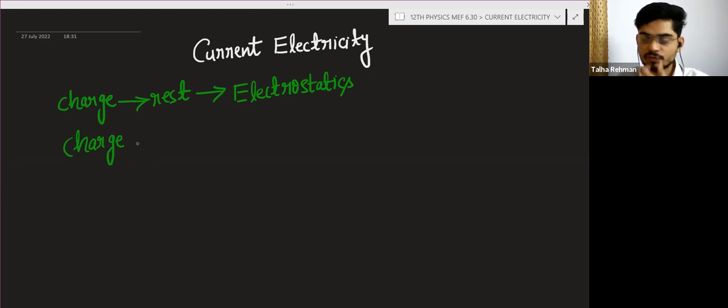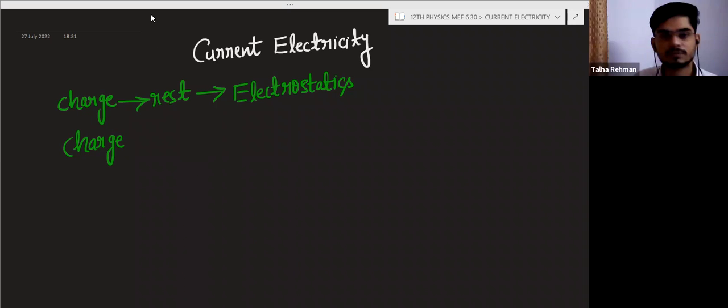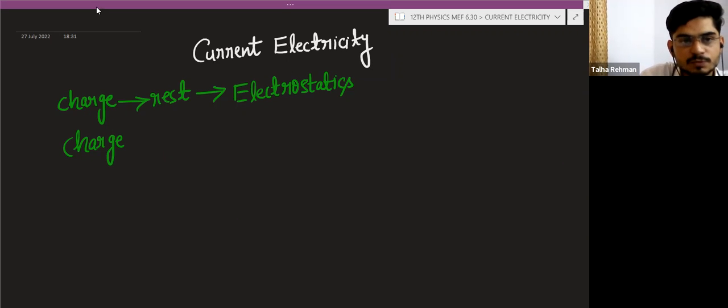Like the mass can move, accordingly charge can also move. So as the mass can move, charge can also move. If charge is moving,